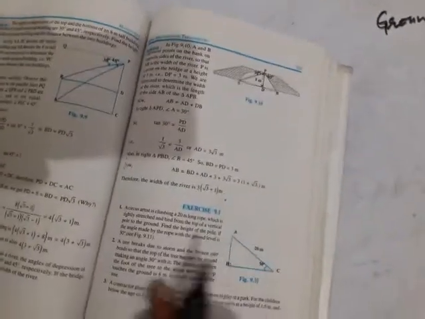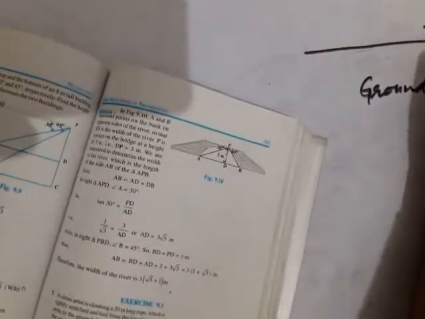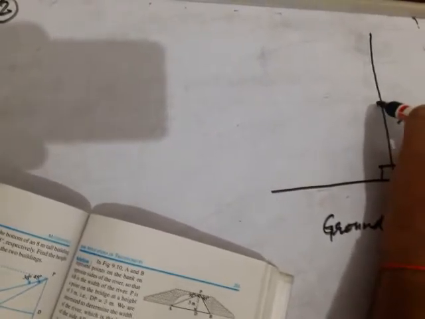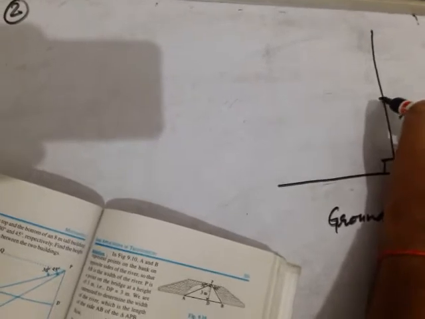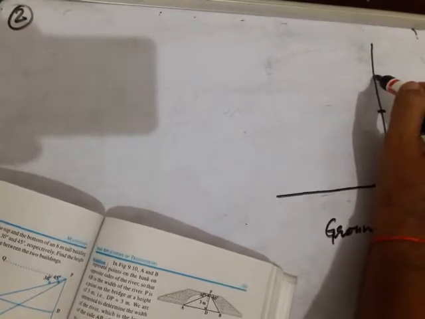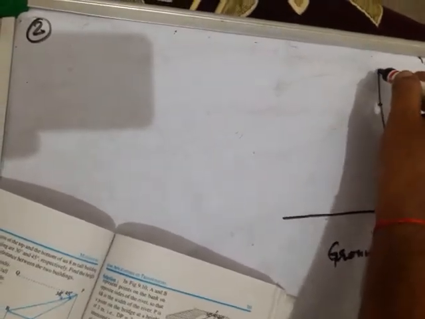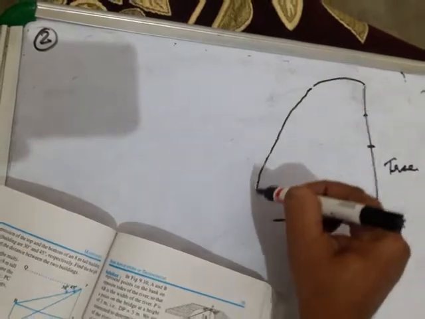The question is about the distance between the foot of the tree and the point where it touches the ground. Due to a storm, the tree bends from here. Here the tree is broken and this part of the tree bends and comes over here. Clear, children? It comes over here.